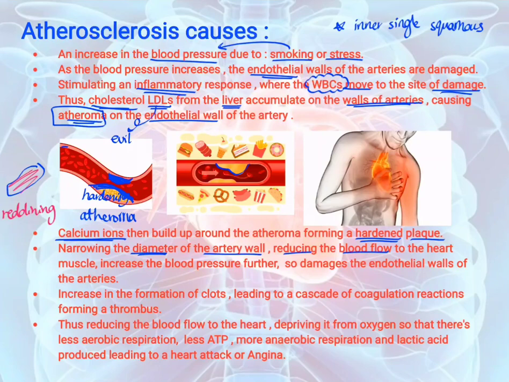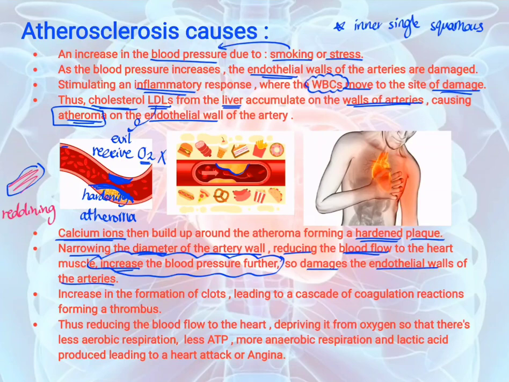Can you believe how reducing the blood flow to the heart can cause serious damage to everything? The heart, which stimulates all of the processes going on as it transports oxygen, nutrients and everything, now cannot receive its beloved oxygen as well as before, because the diameter is narrowed and the blood flow is less. And also, which is more hazardous, the blood pressure is going to increase further, and this damages the endothelial